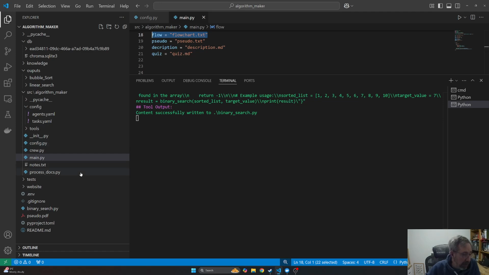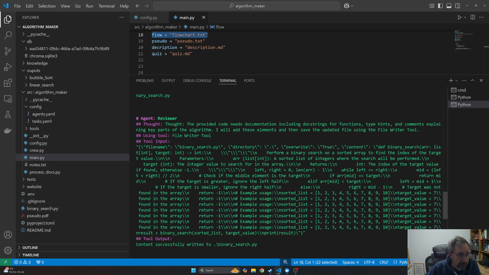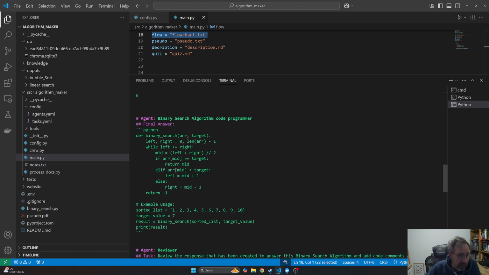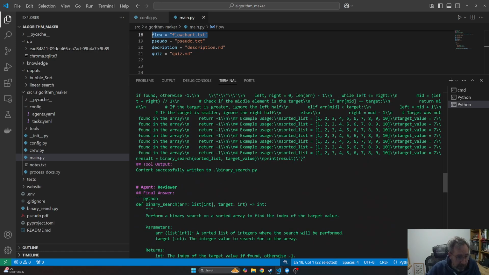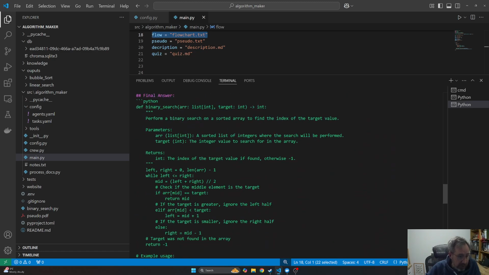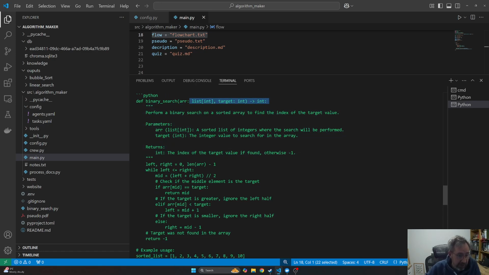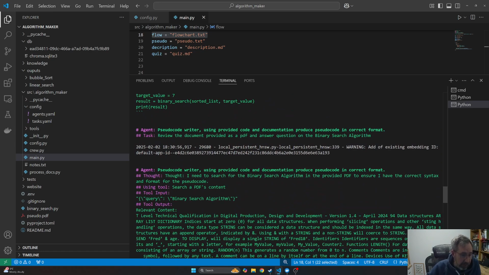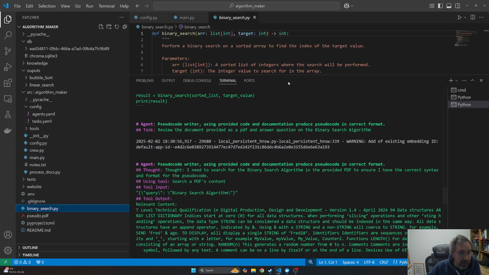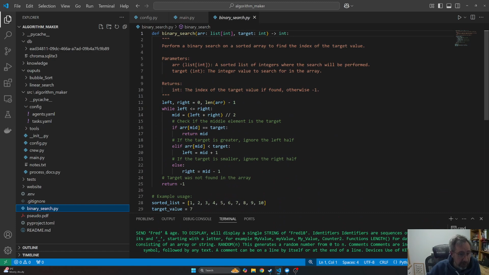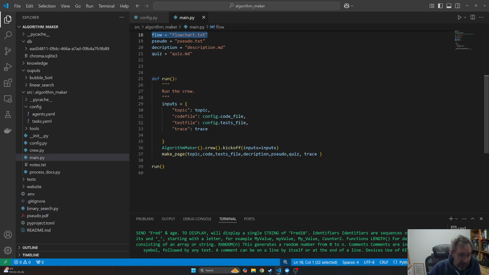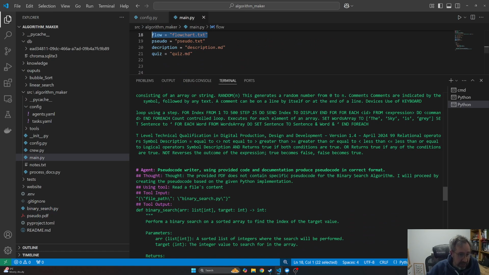So let's have a look where we are. So we've got the coder's made the code, and now the reviewer has written the doc strings and the type hints. So hopefully that's there. So it's created the algorithm, the doc strings, the type hints. That's all looking good. So the next thing is